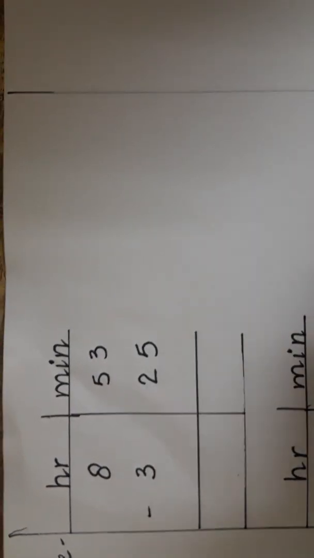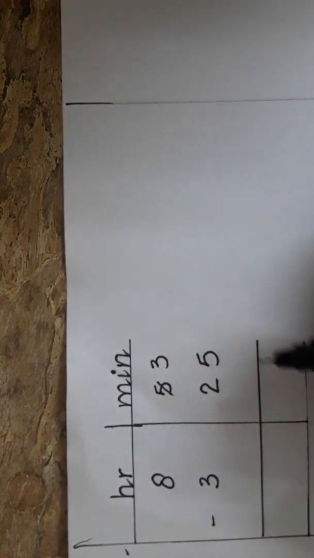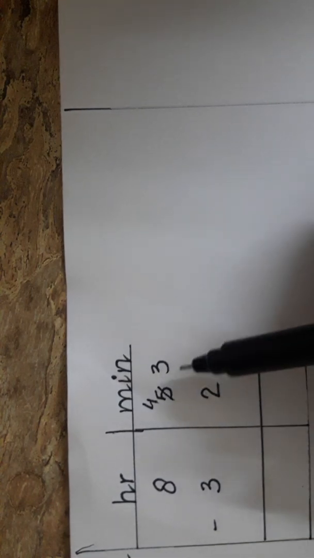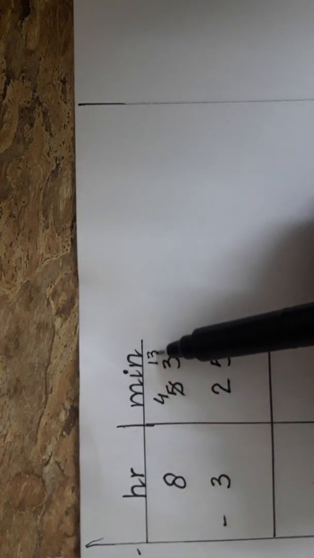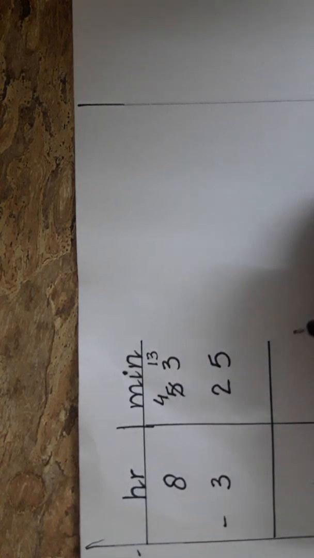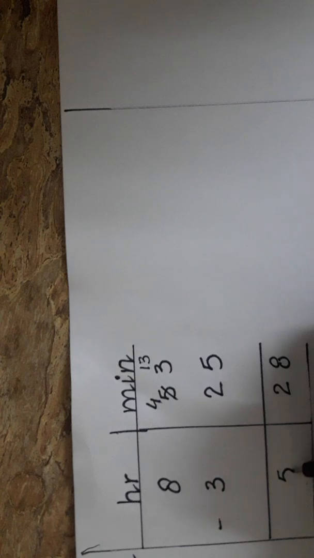Students, if we take carry from this side then we will add 60 in this side because this is our minute side. Okay, but here we didn't need to take carry from this side, so we will do it in a simple way. We will take carry from this side. So it will leave 5 and we will take carry and it will become 13. 13 minus 5, how many? Just count on your fingers. 8. So we will write 8 here. 4 minus 2 is 2. 8 minus 3 is 5. 5 hours and 28 minutes.